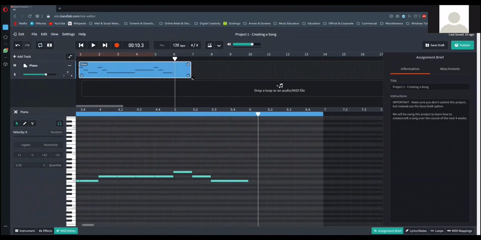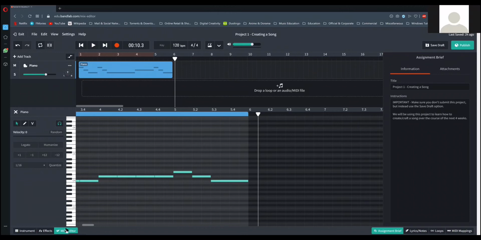So I'm going to now shorten my MIDI area. Take your cursor to the bottom here where you get the resize option once more. Look carefully, the MIDI area on top where the add track and the piano is. Bring it down here. It will give you the resize option. Take it to the edge and I will bring it in and I will close it at number 6 because I'm only playing 5 bars of music. So I need only 5.